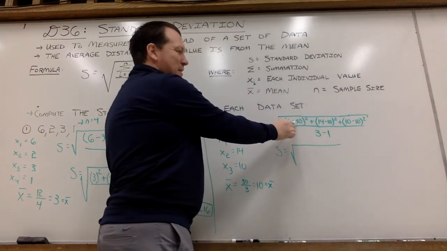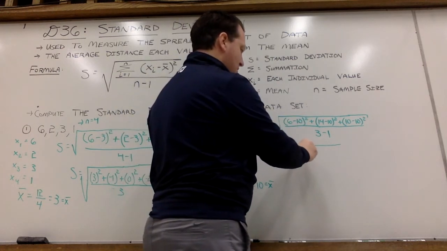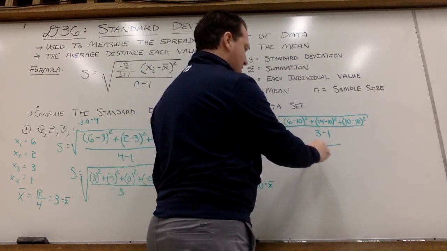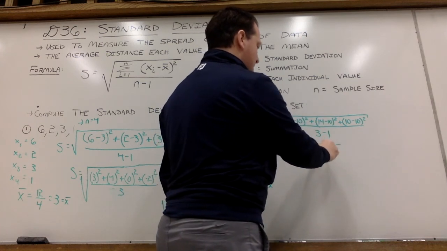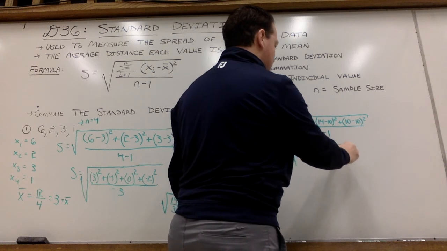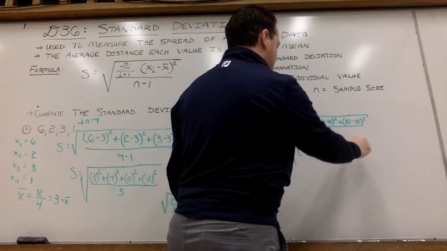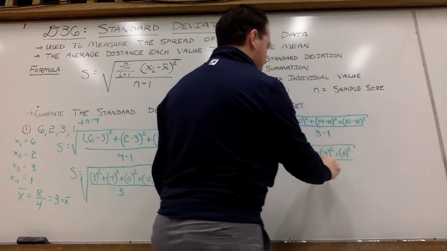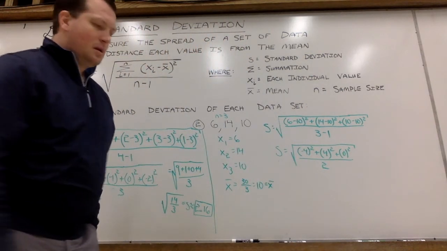So I've got 6 minus 10, which will be negative 4. I'll square that in a minute. 14 minus 10 is positive 4. And then 10 minus 10 is 0. 3 minus 1 is 2. So I'm going to have